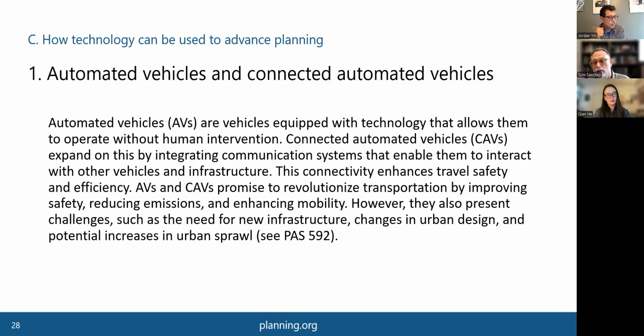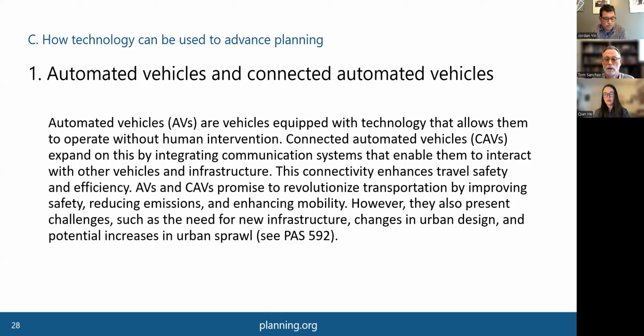AVs and CAVs promise to revolutionize transportation by improving safety, reducing emissions, enhancing mobility. However, they also present challenges such as the need for new infrastructure, changes in urban design, and potential increases